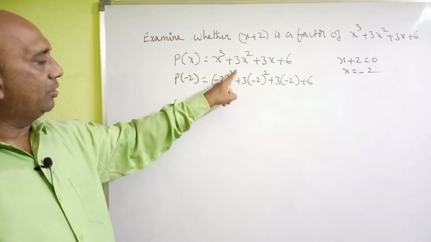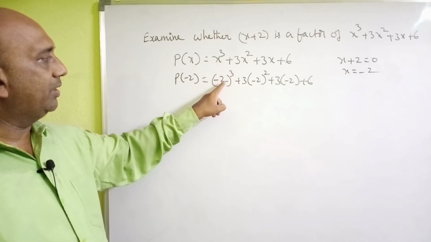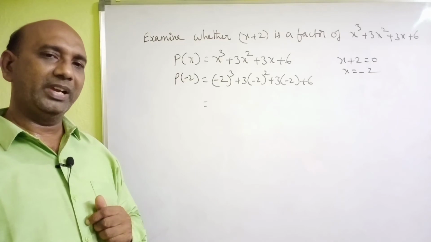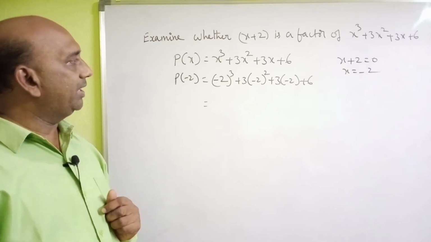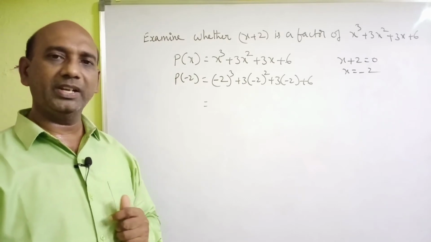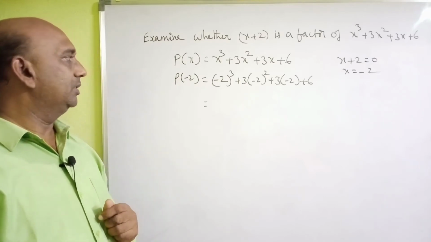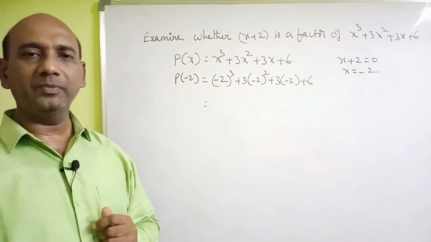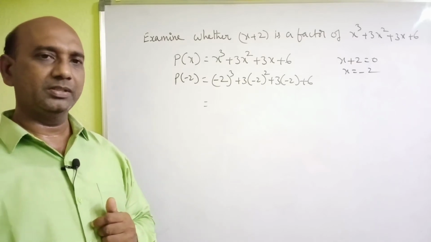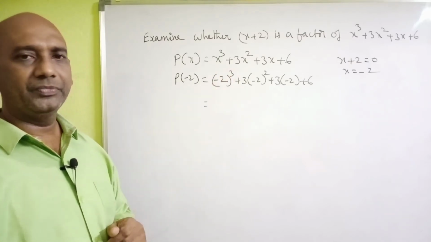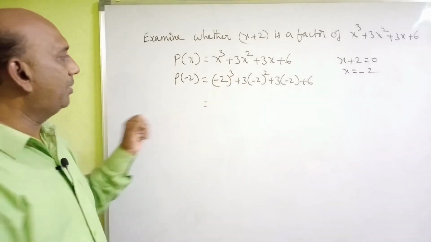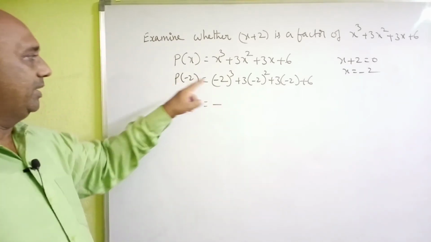That means we have to cube both minus and 2. If we multiply minus an even number of times, we will get plus only. If you multiply minus an odd number of times, that means 1 time or 3 times or 5 times or 7 times, you will get minus itself. Here 3 is odd, so by multiplying this minus 3 times, it will become minus only. Minus, and then 2 cube.